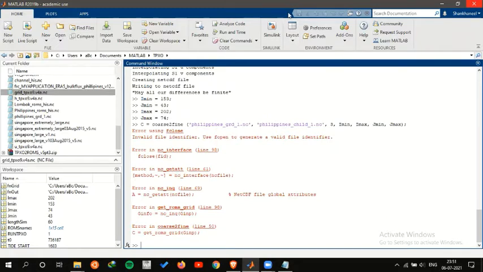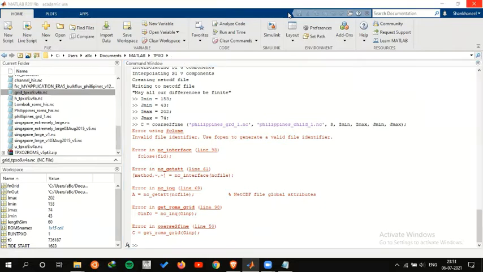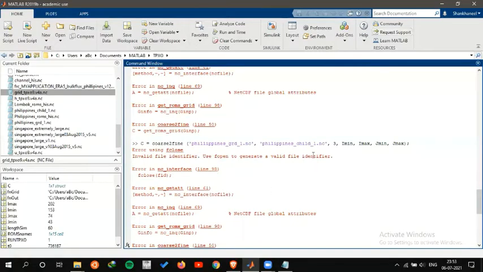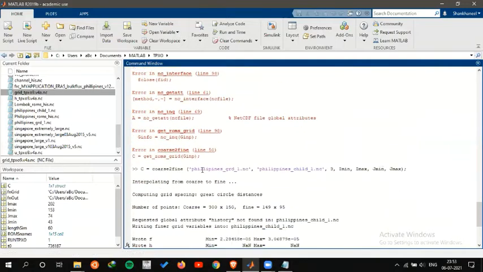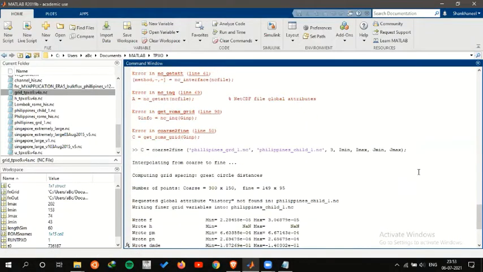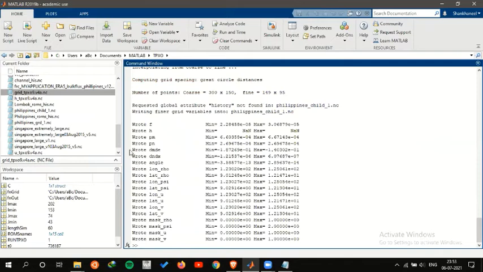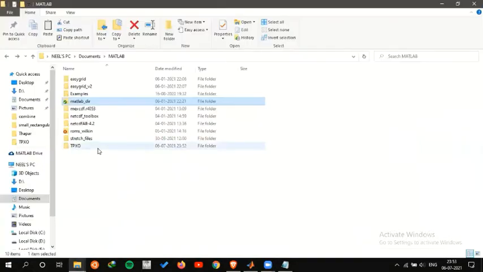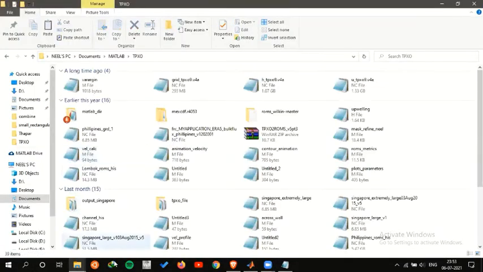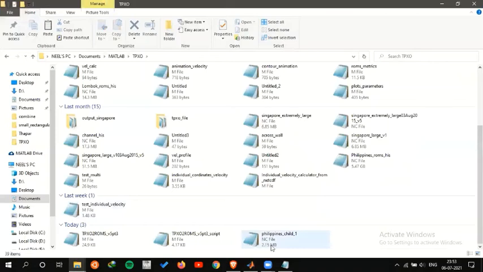Wait just a second. What I initially saw as the error is that I had passed my file name wrong. So make sure you pass the right file name, and then after I execute the command, you should get the following form of output. Hence my child grid will have been generated at the location. I'll just check it from here. My child grid will be generated, and here is my child grid.